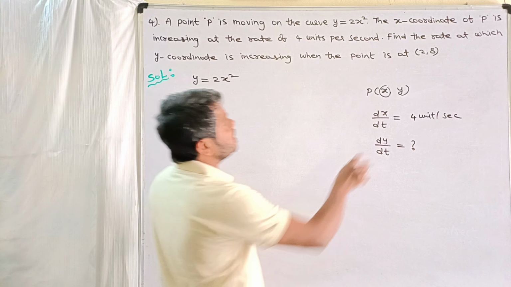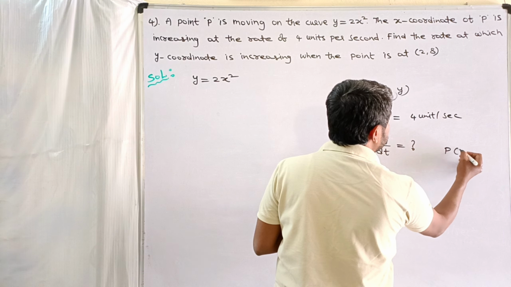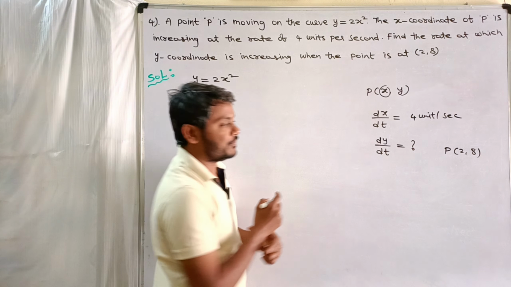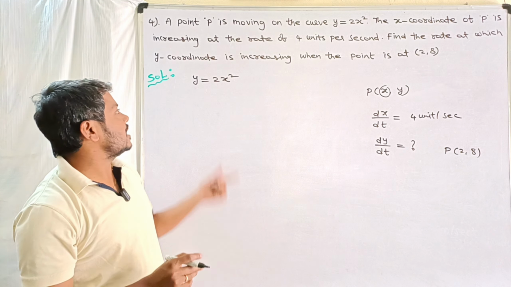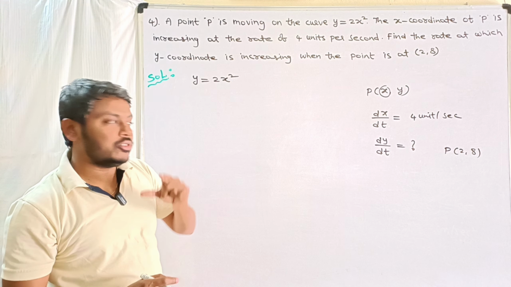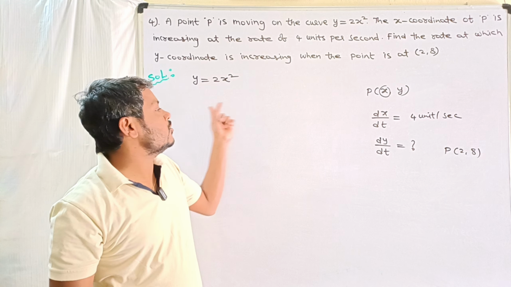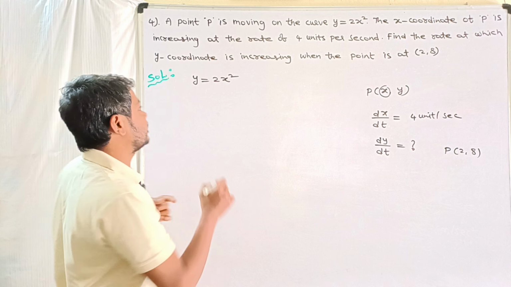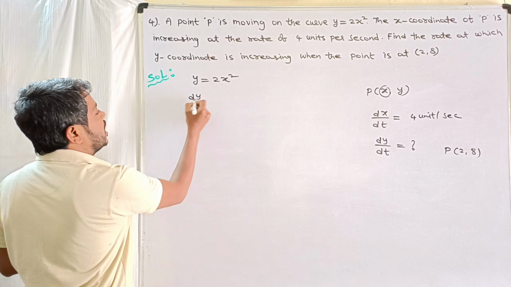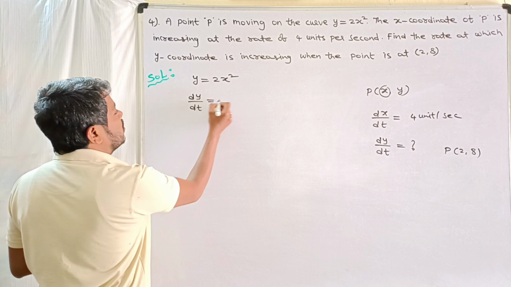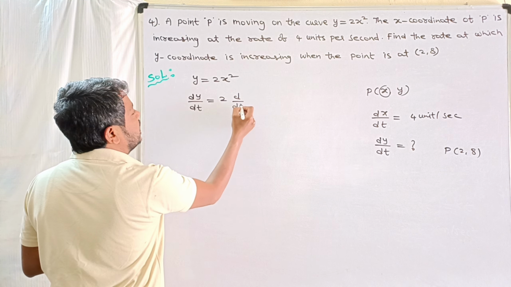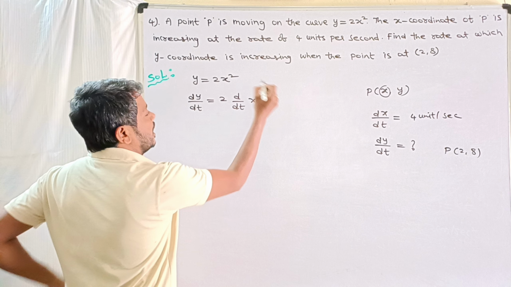When the point P is what? 2 comma 8. Okay. Now what is the given curve? y is equal to 2x square. You need to find dy by dt. So we can do derivative with respect to t on both sides. That is dy by dt, which is equal to 2 into d by dt of x square,